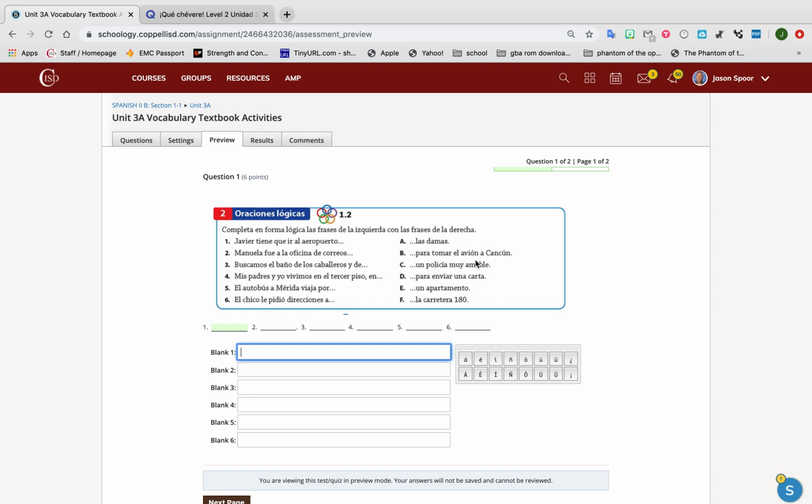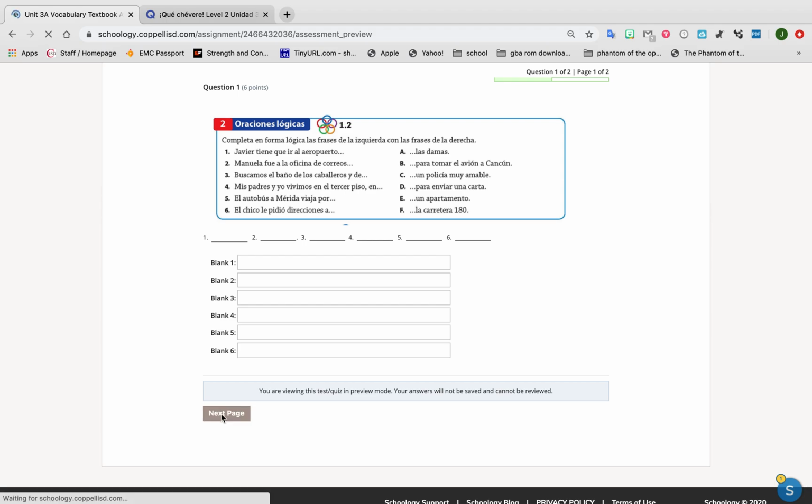In order to take a plane to Cancun, that would make sense. So I would put just the letter in the blanks. Just put these letters in the blank, no period. It can be upper or lowercase, but don't put the period after it. And then the next one's a little fill in the blank